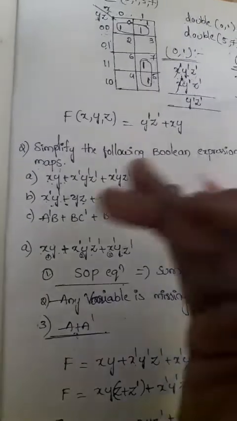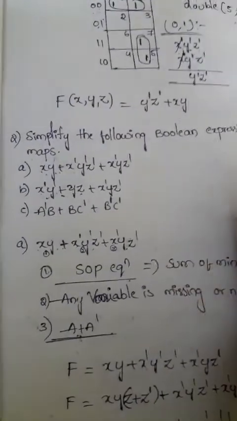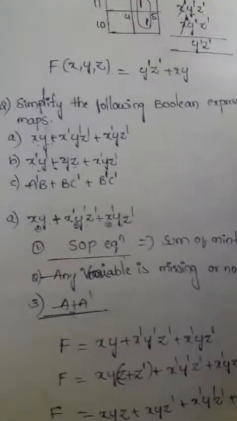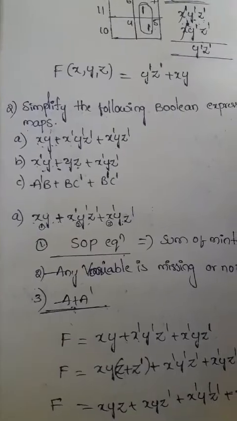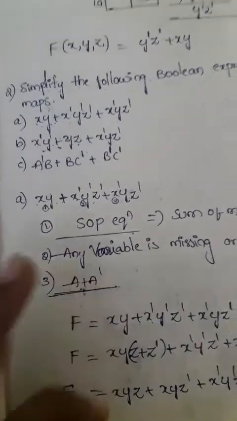So first we have to check if any variable is missing. Whether it is SOP or POS, if any variable is missing in any term, then we go for adding the term. Okay, so whichever variable is missing, that is multiplied with this logic. So after that you can